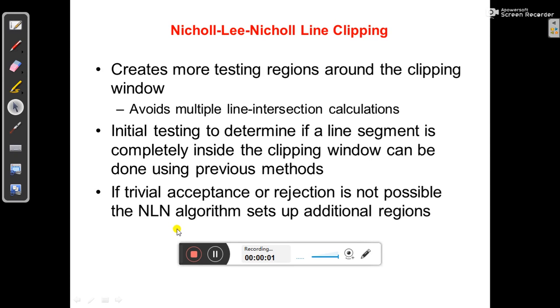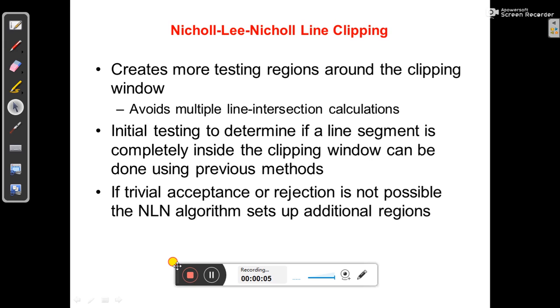Students, in this video I am going to discuss a few other line clipping algorithms, and along with that I would like to complete the whole clipping topic with a few polygon clipping algorithms also. So let's start with